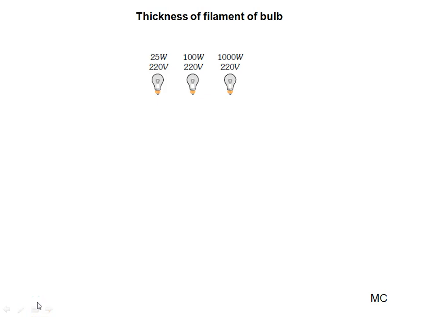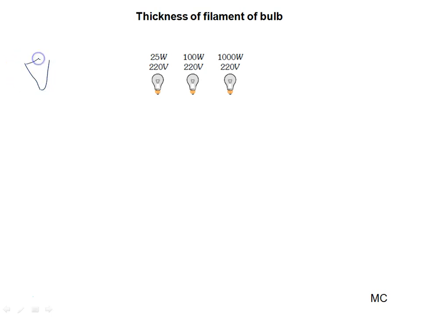Now I will discuss the thickness of the filament of a bulb. When you purchase a bulb from the market, if it is a 25 watt bulb with a rating of 220 volt, it means if a 220 volt supply is given to this bulb, it will give a power of 25 watt. That is the rating. Of course, I will discuss rating later. Here what I want to convey to you is this: the filament of the 25 watt bulb is